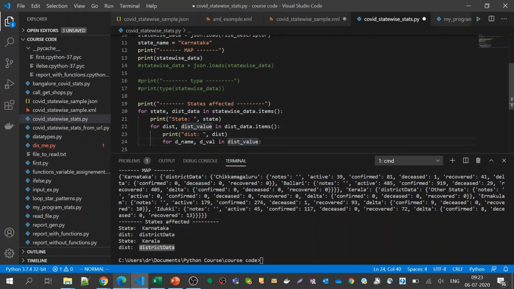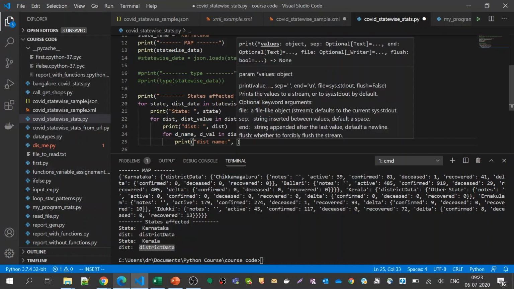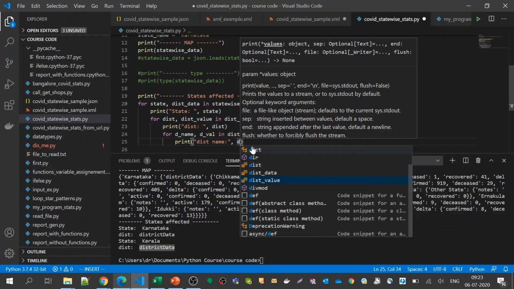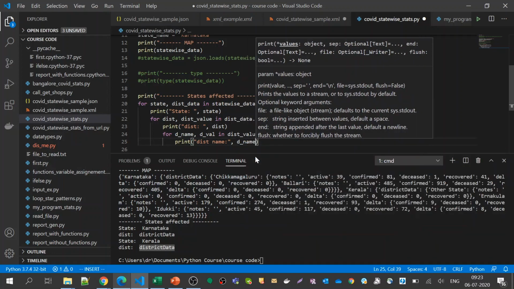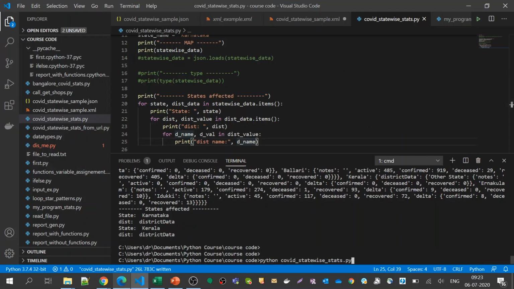I'll go here and print the district name. Now I can see what the district is. The editor automatically gives you suggestions of the variables that you have already typed. So let us see how it prints.